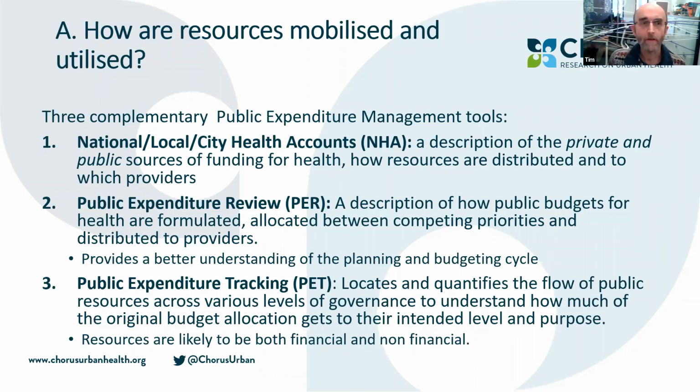And then the third tool is the public expenditure tracking tool. And this is drilling further down again. The PET is really a tool for looking at what actually happens to resources once they are allocated through the system. So we have a plan within a public expenditure review, the budget. We know to what extent that plan was implemented maybe last year. The public expenditure tracking tool is an active tool for understanding what resources actually get to the priorities that were planned, and why.